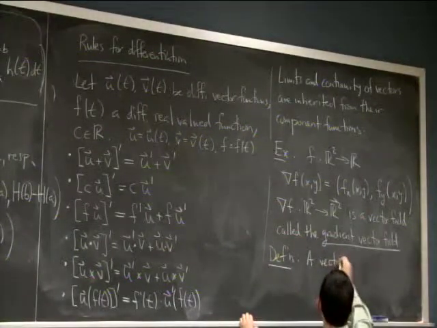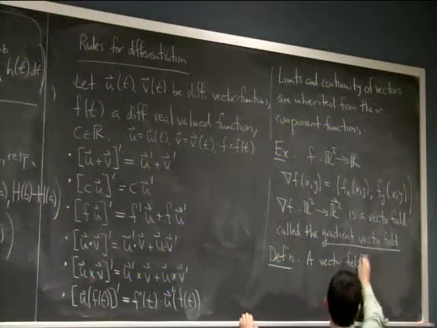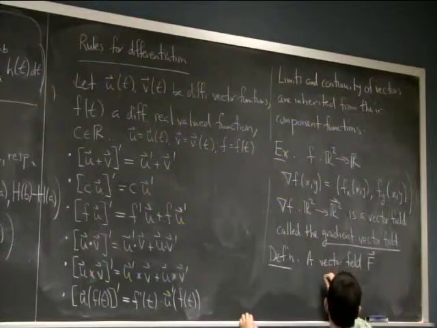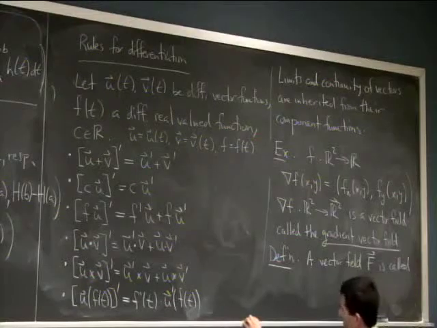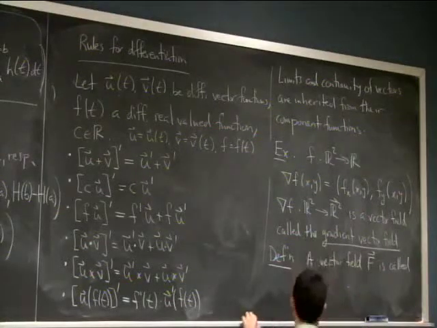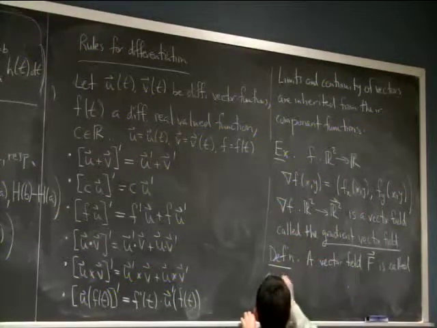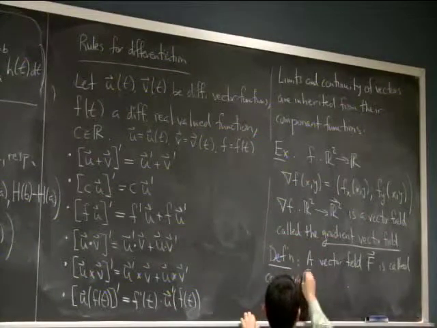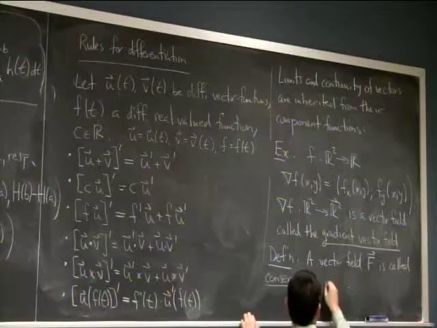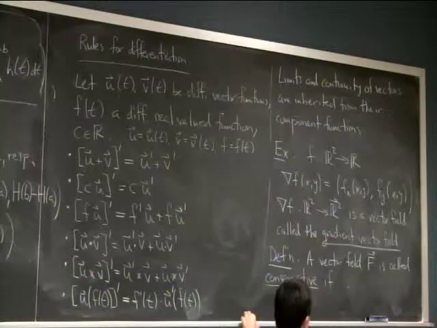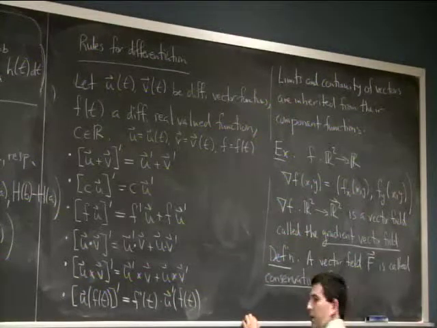A vector field F is called, and this name is not something a mathematician would have come up with. It's definitely, you can guess who came up with it. It's called conservative. If the vector field